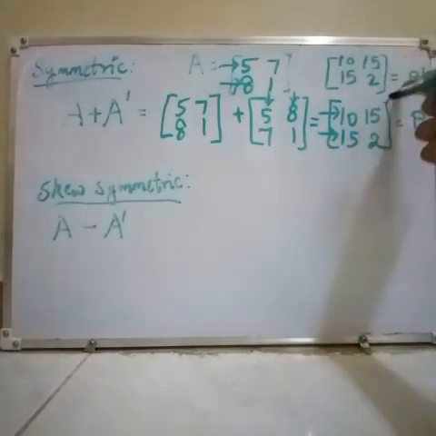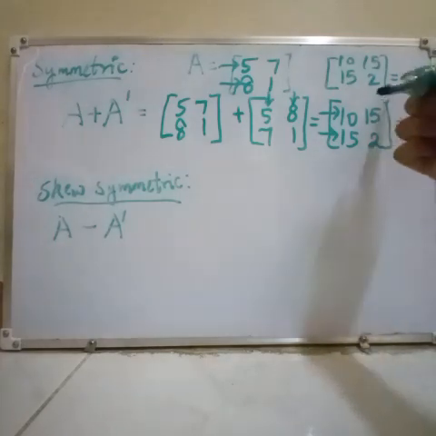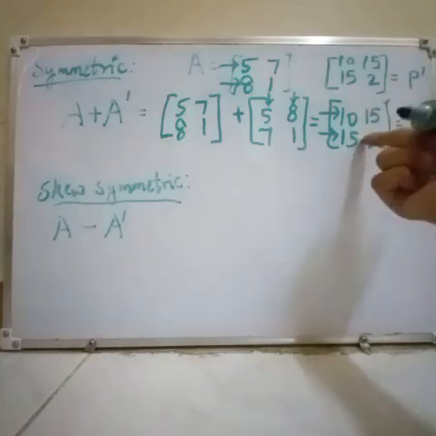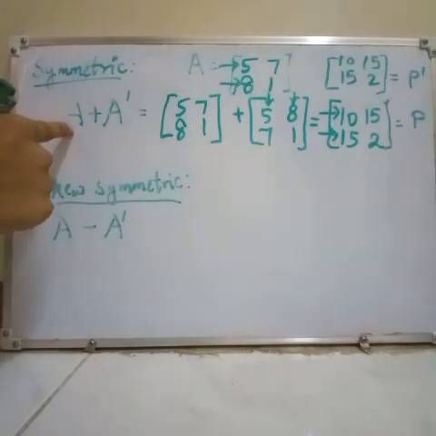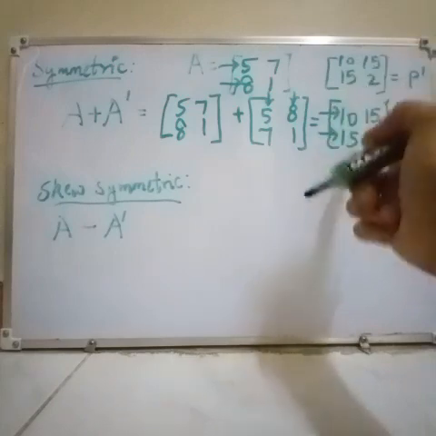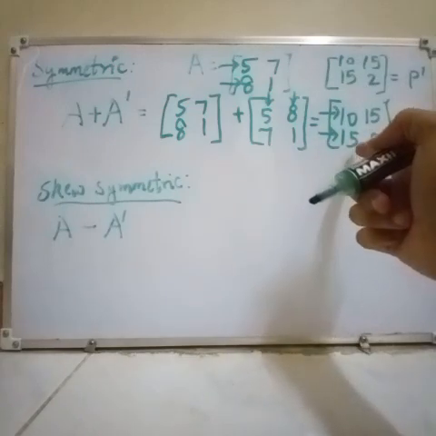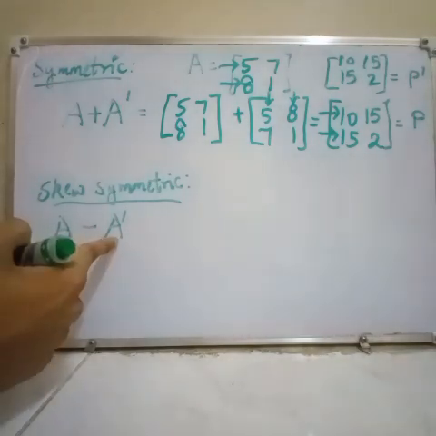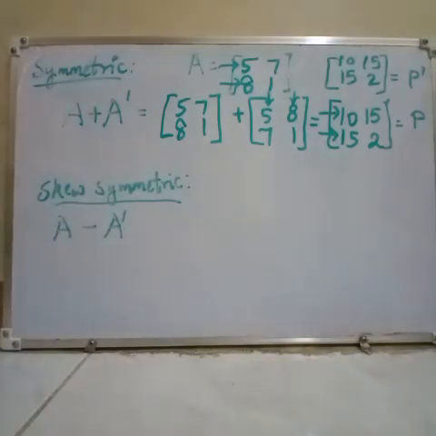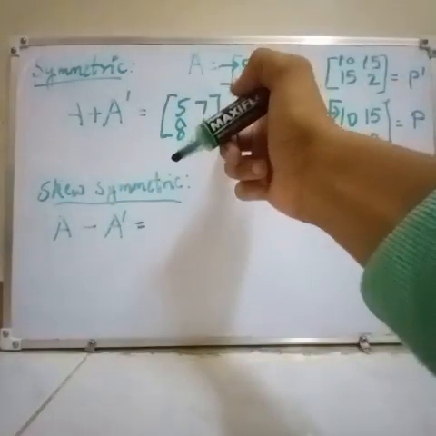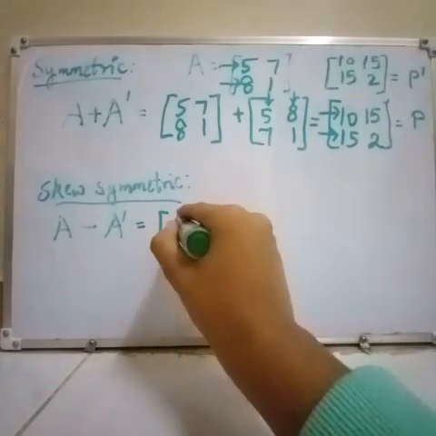So if you check, both these matrices are equal, right? Even after taking the complement, right? This means that this is a symmetric matrix, and hence we have proved that A plus A complement, or A plus A dash, is equal to a symmetric matrix, right? And now we have to also prove that A minus A dash is the skew symmetric matrix. So for that, just taking the same matrix A, and now doing the subtraction,